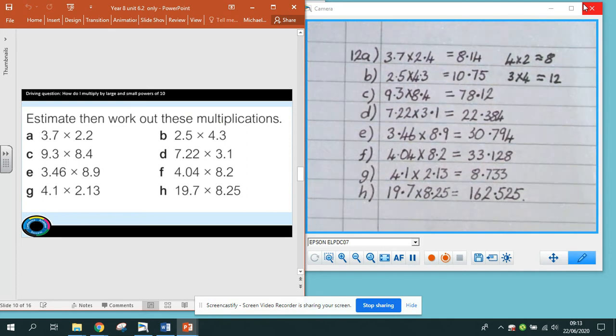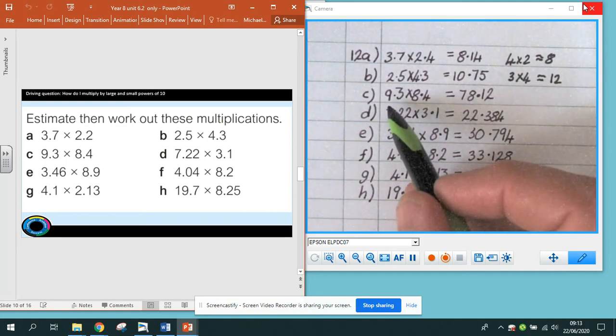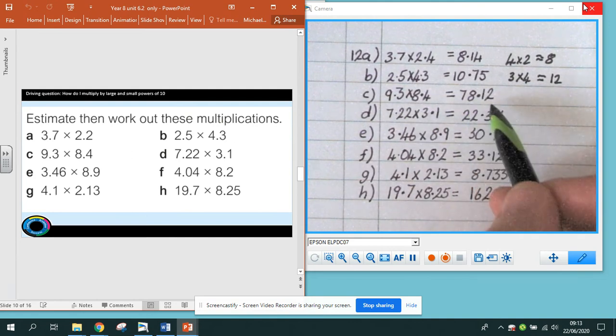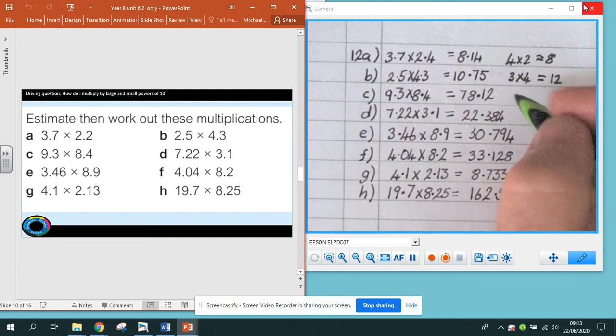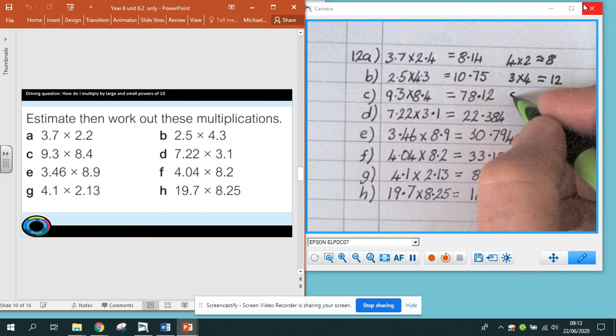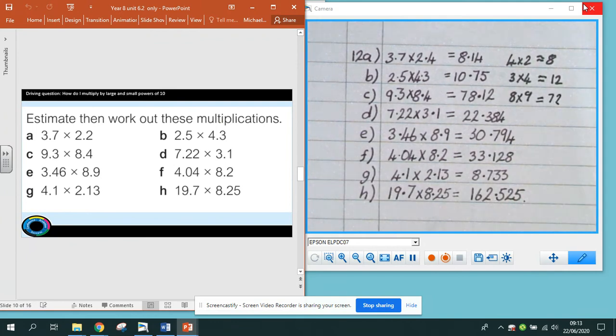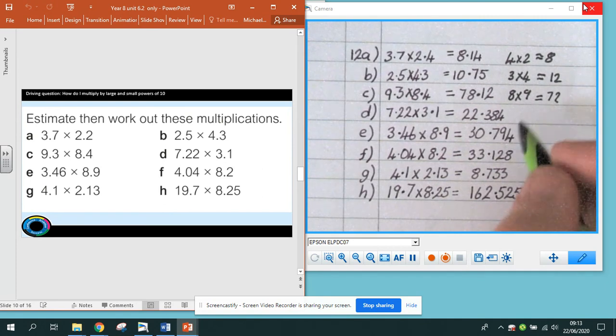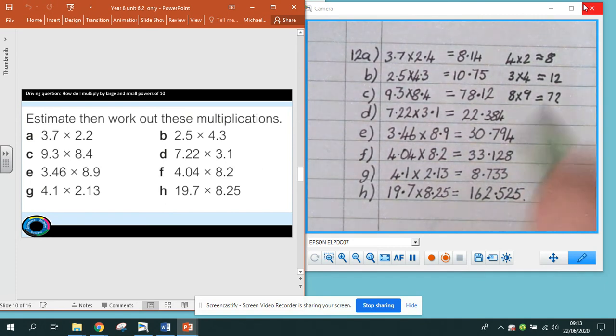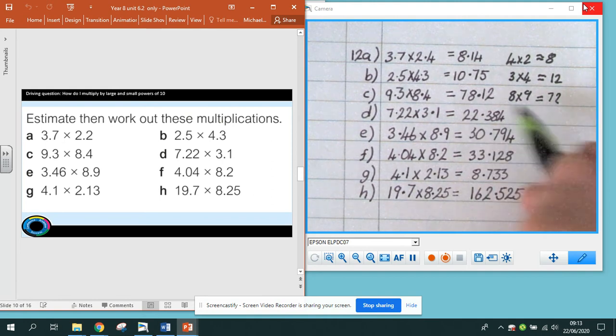It's in the same order of magnitude. The two numbers are very close. 9.3 times 8.4 is 78.12. We should have done for our estimate 9 times 8, I've written that down the wrong way around, which is 72, which again, same order of magnitude, very close. Or one would be rounded to 80, one would be rounded to 70 to one significant figure, so that's very close. The next one,